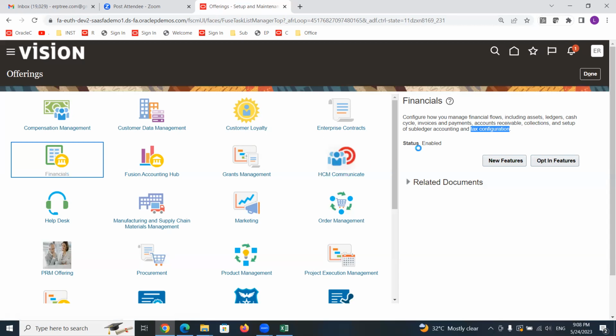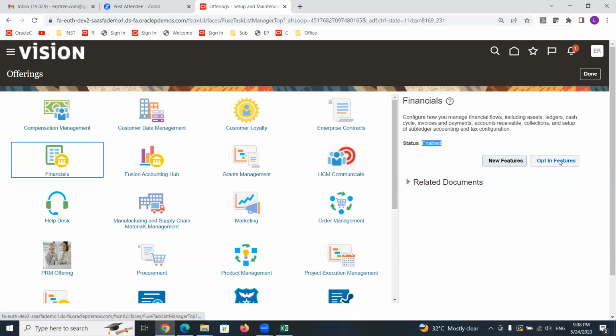Here you can see this checkbox, this status is enabled. In this instance we are using, financials is already enabled. If you see the status as not enabled, from where can you enable it?